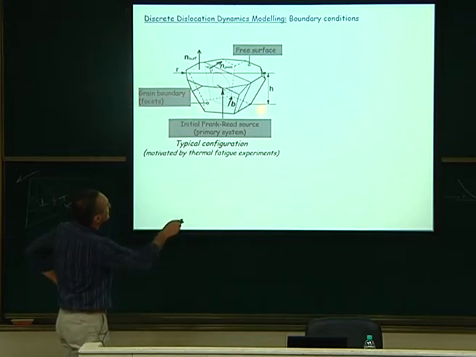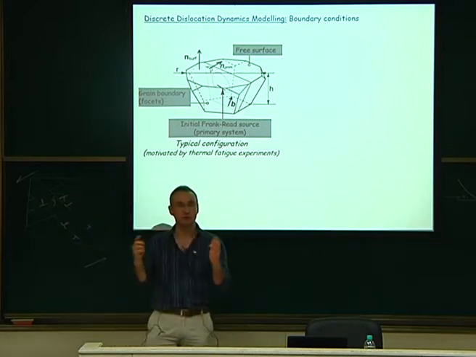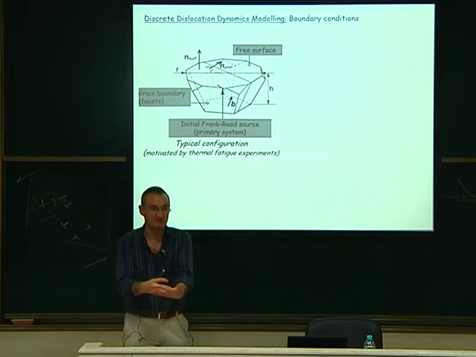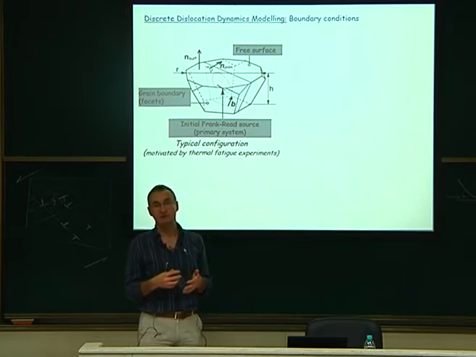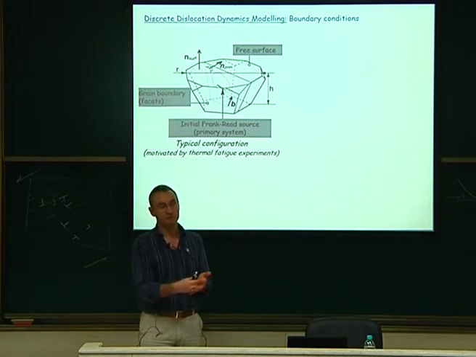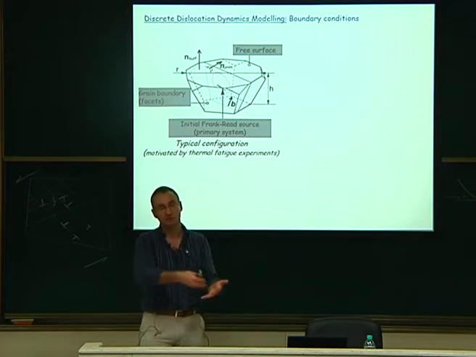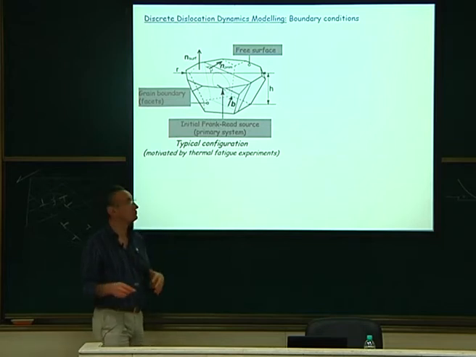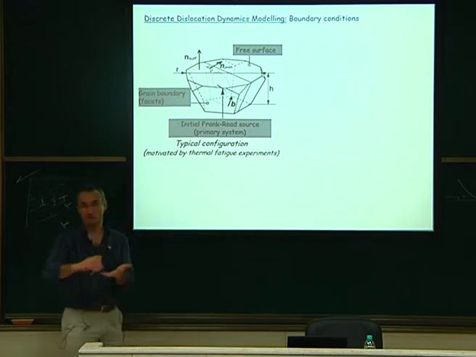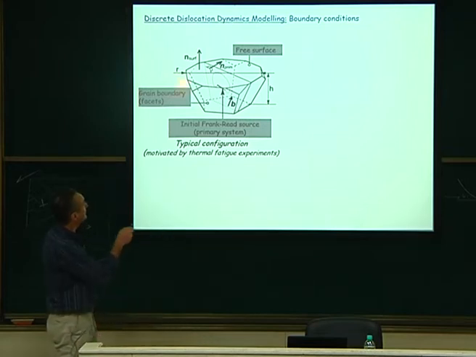I will also put some grain boundaries here. What I call grain boundaries is just facets, so that dislocations cannot go through. They will be stopped at that place, and when they unload, they can come back. This is not exactly how it happens in reality. In reality, of course, when a dislocation reaches a boundary, sometimes it could split there and stay there. In my case, it will just be stopped and can go back. Okay, that's an assumption. We can change that. But we didn't want to introduce a new parameter. So it was just an obstacle, one unidirectional obstacle. You could release them when you unload. So grain boundary, free surface, and single dislocations.